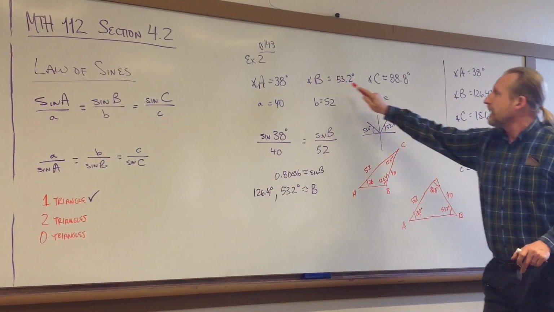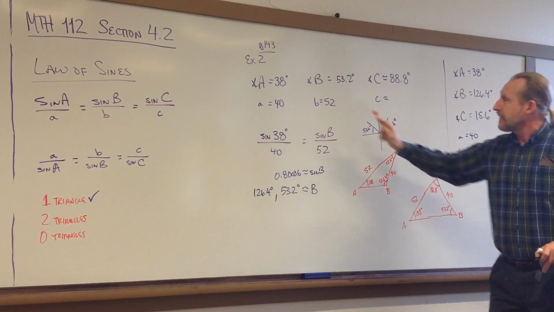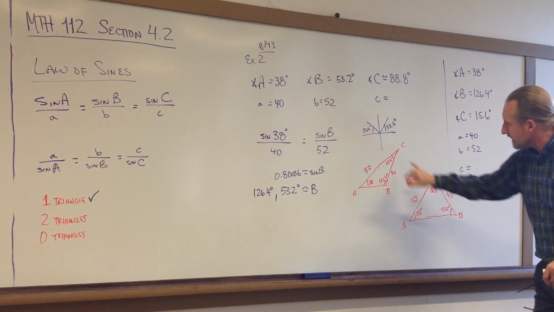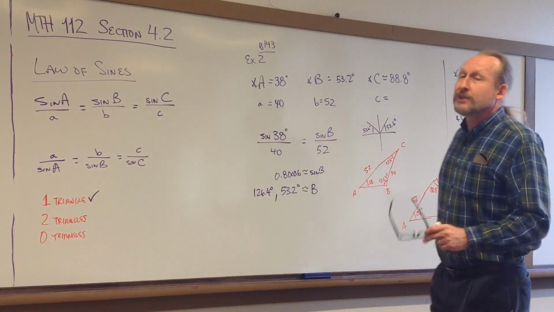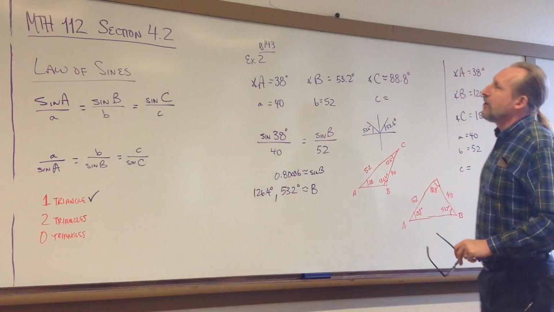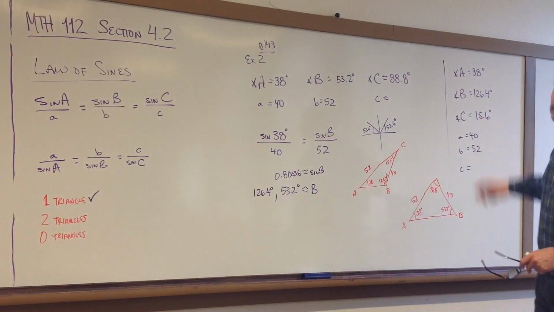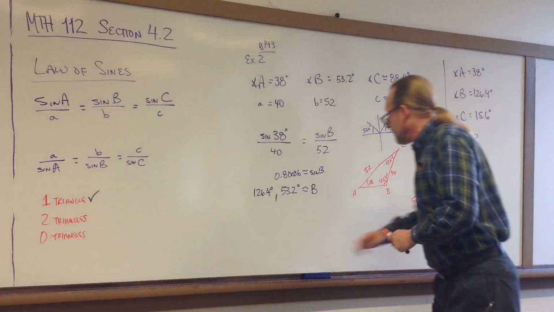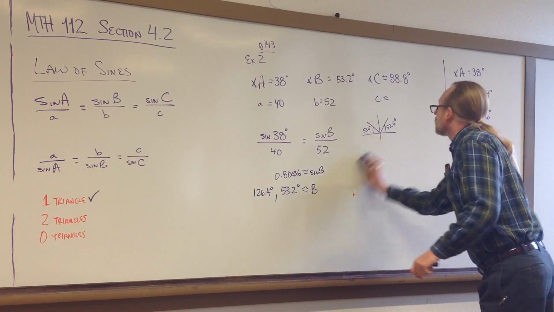Notice that even though angle B changes between these two possibilities, the length of side B stays the same. Okay? So, not surprisingly, this is called the ambiguous case of the law of sines. And so this is a situation where we get two possible triangles, and we need to set up both of them. Okay,